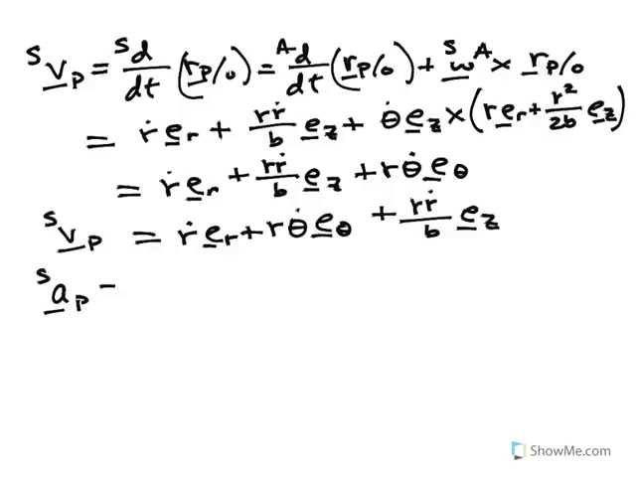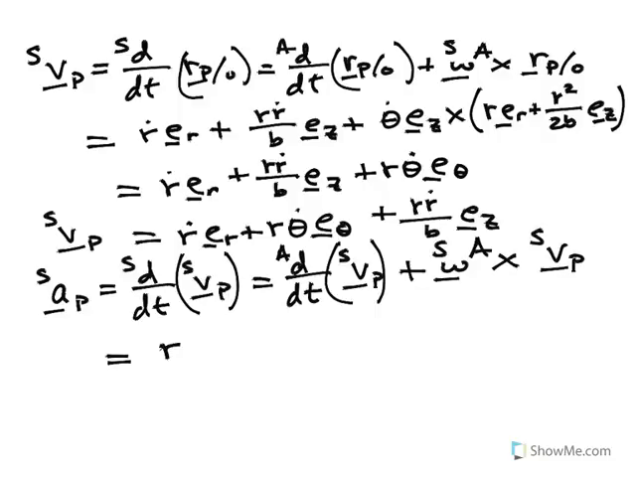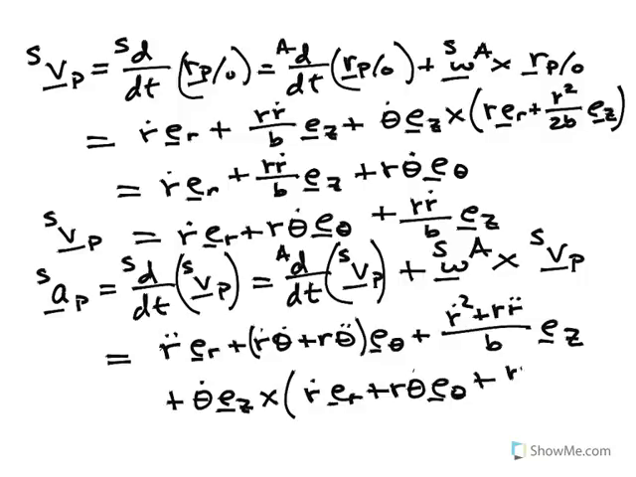The acceleration is equal to the rate of change in the inertial frame, which is S, of the velocity of point P as viewed by an observer in the inertial frame, which is equal to d/dt in A of the velocity of P in S, plus the angular velocity of A in S crossed with the velocity of P in S, which is equal to r double dot e_r plus r dot theta dot plus r theta double dot times e_theta plus r dot squared plus r double dot over b e_z plus theta dot e_z crossed with r dot e_r plus r theta dot e_theta plus r dot over b e_z,